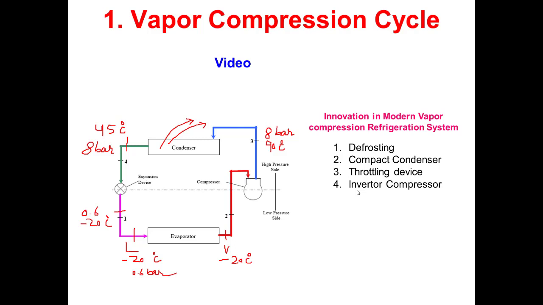It takes a very long time to come into equilibrium state, whereas the variable speed compressor, which is also called the inverter compressor, first converts the AC supply into DC supply. With the help of the DC supply we can operate the variable speed motor, and hence the variable speed compressor. So the control of the temperature using the inverter is very, very good, and as a result the cost of